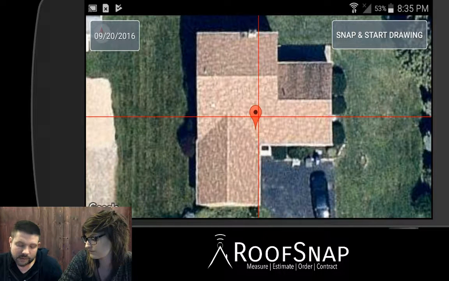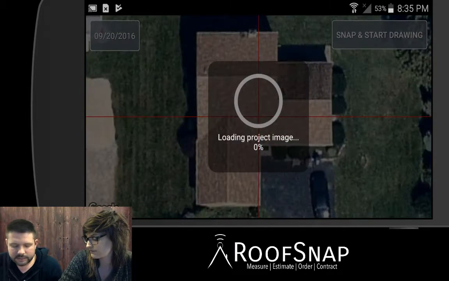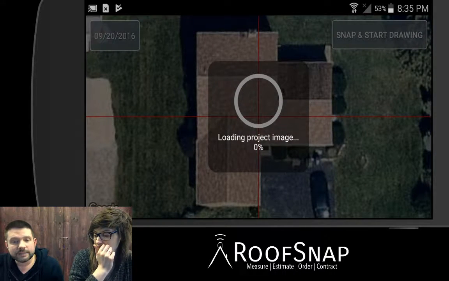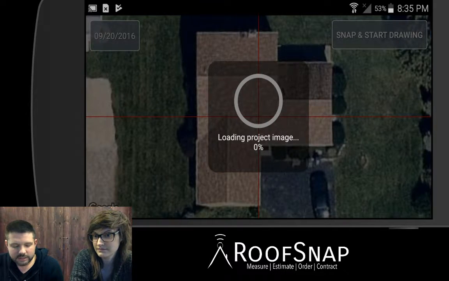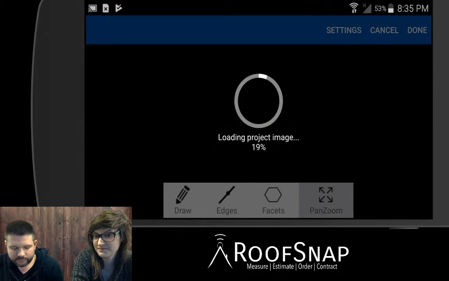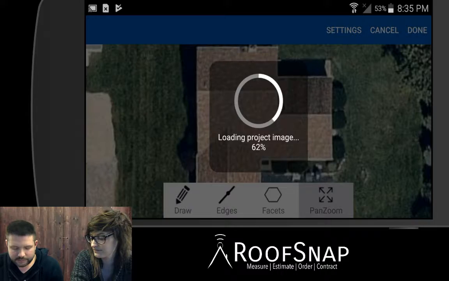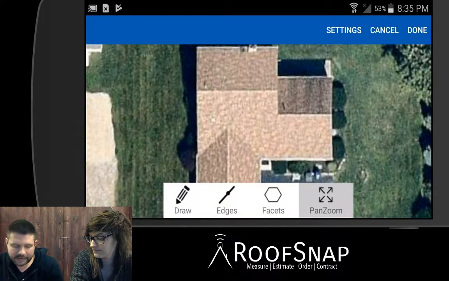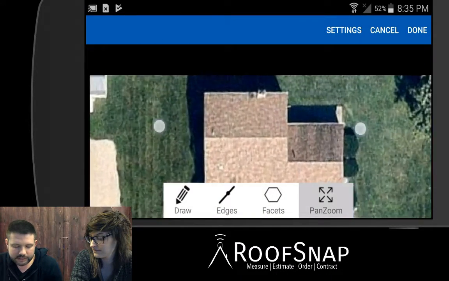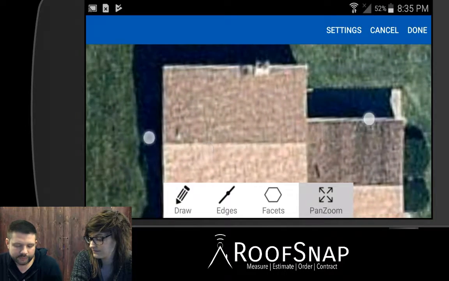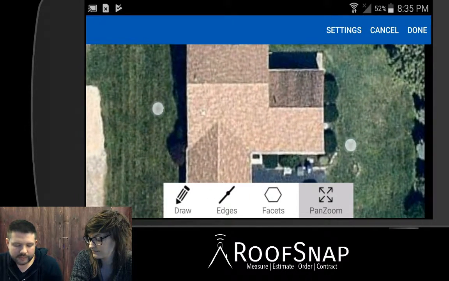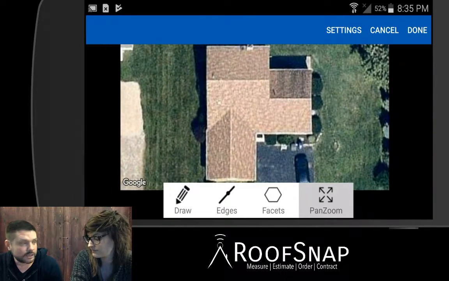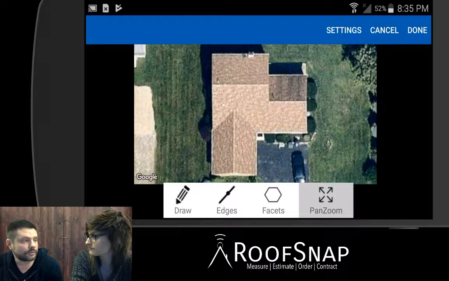Okay. So I'm good. I'm going to go ahead and tap on Snap and Start Drawing. Here it's going to save the map and load it into our next view, saving that image to scale. In this view, as I said before, I can pan and zoom and get really far in on different sections of the roof, but I cannot rotate. So it's locked into this orientation, and this is the image that I will use to sketch the roof, but I'll save that for our next